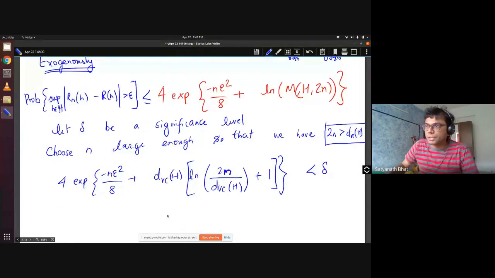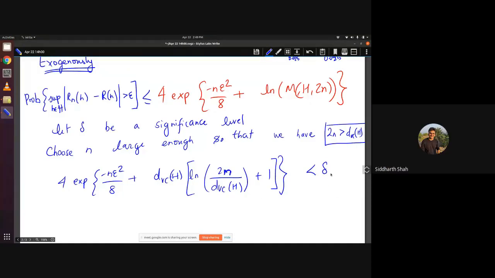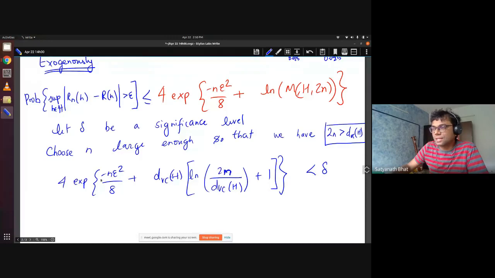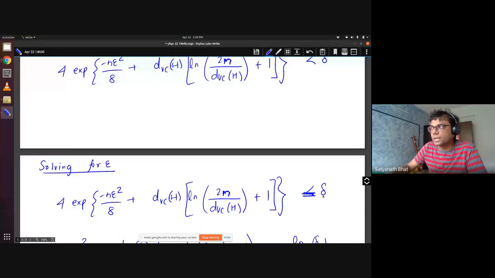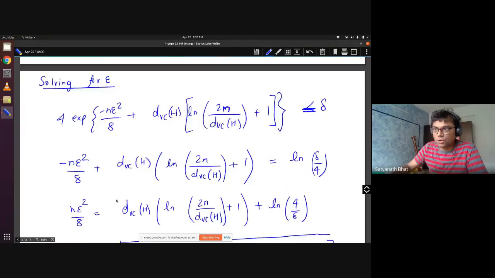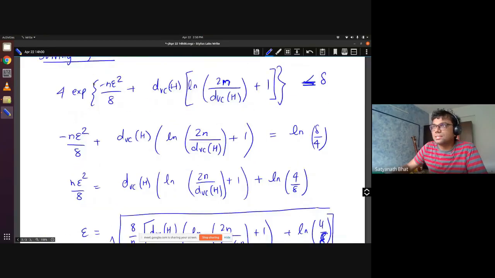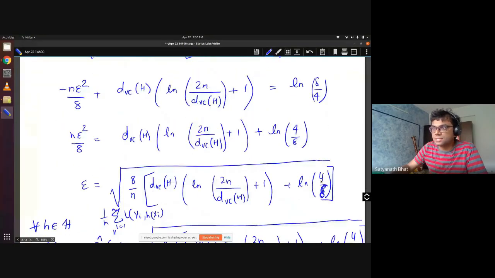If you look at this expression, Siddharth, can we ensure that this expression is less than delta? Yes, sir. Right, because there is an e to the power minus n, and you can make n large enough so that this entire term goes smaller and smaller. Is that okay? Yes, sir. So now, given that this is equal to delta, I will set it equal to delta and solve for epsilon. That is what I did here. This epsilon is just a series of algebraic steps that gave us this. Is that okay? Yes, sir.